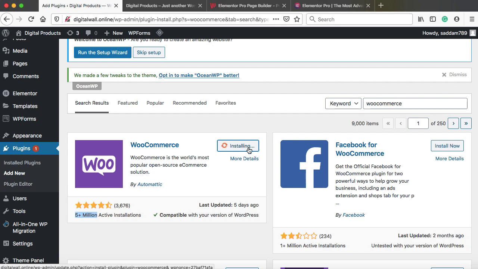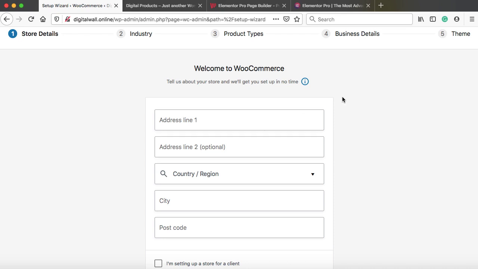I can say this is the only plugin that can help you convert this basic WordPress website into an e-commerce store, and you can sell almost anything beautifully. You are not limited to just groceries, but you can sell anything like mobile phones, tablets, ebooks, or software. You can easily sell anything with the help of the WooCommerce plugin. Now activate this plugin. The WooCommerce plugin has successfully been activated, and this is a setup wizard. We need to set up our e-commerce store.